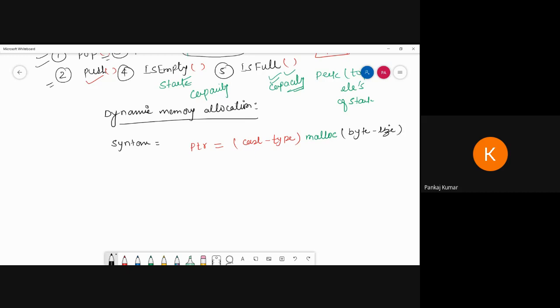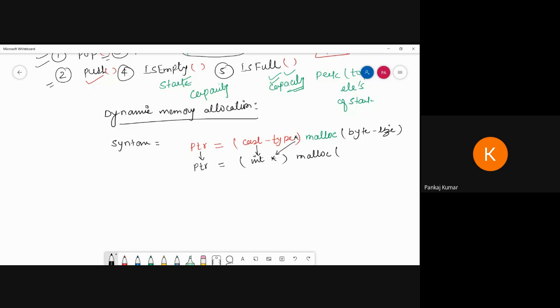For example, suppose I declare ptr, a pointer, and the cast type is int pointer, that means we are pointing to an integer type pointer. Close the bracket, and then malloc, and what is the size in